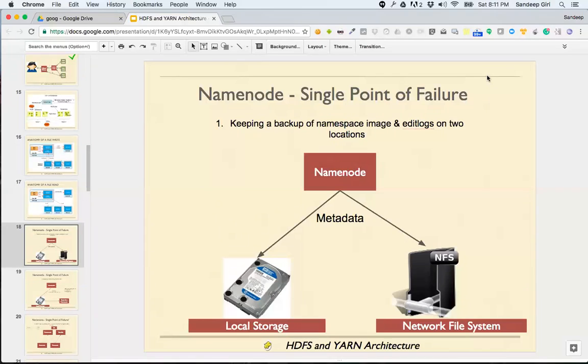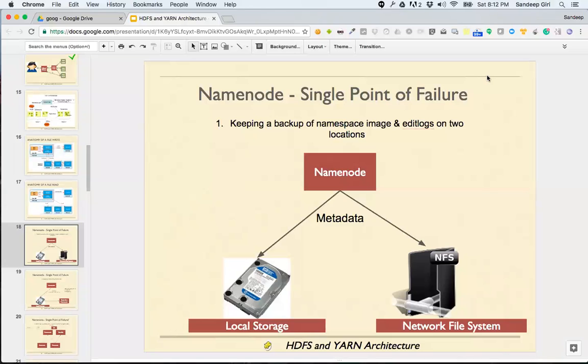What does it mean by edit log? Every time we are creating a file, updating a file, modifying the permissions and so on, on every change, name node cannot update the entire metadata. Instead, it maintains something called edit logs.